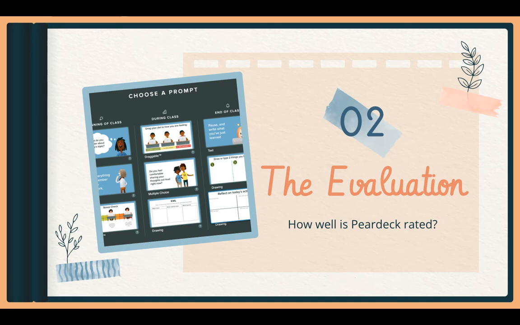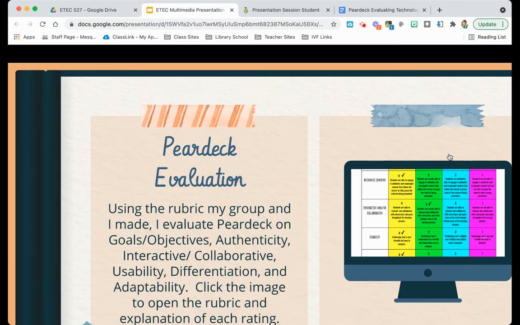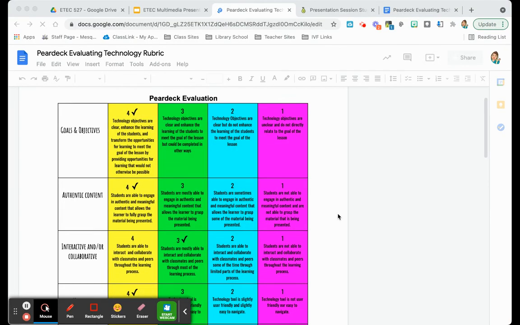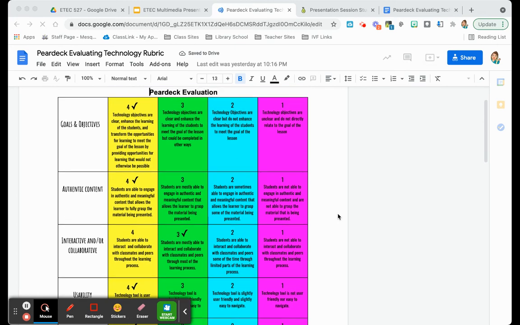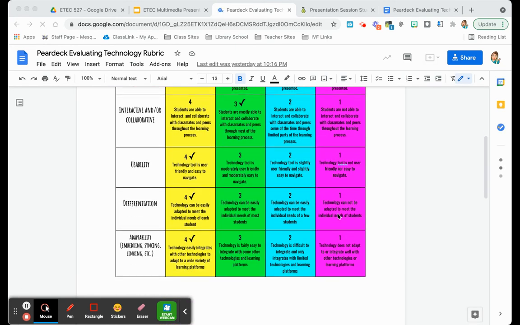Next, we're going to talk about the evaluation of how I rated Peardeck. I used the rubric that I created with my group to evaluate Peardeck on 6 different categories: goals and objectives, authenticity, interactive and collaborative, usability, differentiation, and adaptability. I've included a link to the rubric with an explanation of each section on the computer. So you can see that I rated Peardeck with 4s in almost every category except for